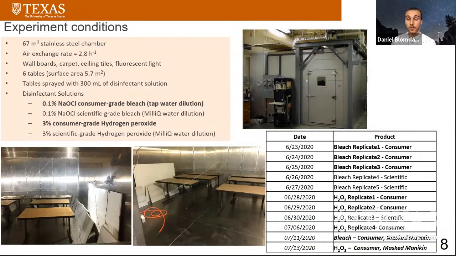Consumer grade for both the bleach and hydrogen peroxide is expected to be much less pure than scientific grade. So there'll be a bit more additives, and the quality control for a few ingredients won't be as strict. And so we expect to see a much wider range of VOCs in the consumer grade versus scientific grade. And for the sake of realistic conditions, we will be using the consumer grade disinfection ingredients for the second stage, because that's what people will be using in their homes and indoor spaces.